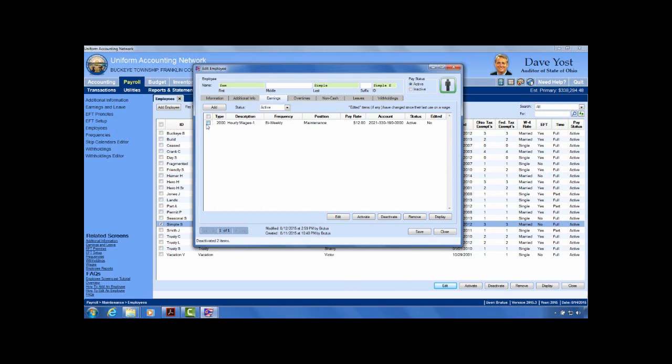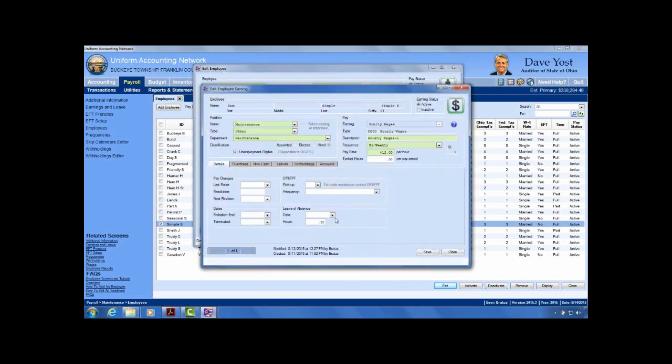All right, so I'm down to 1 hourly wage, and now I'm going to edit that because, sure, I'm down to 1, but now I'm going to charge everything to the gas tax fund, and really I want to distribute his wages, his earnings, to 3 different funds for Sam. So I need to make some edits to this. So I click on Edit,